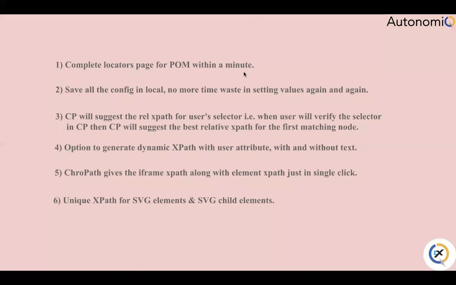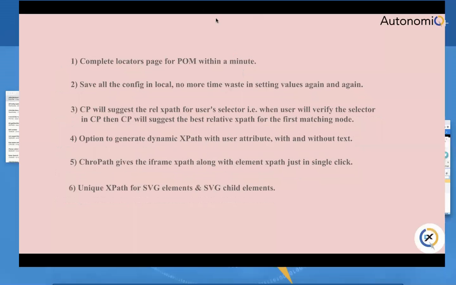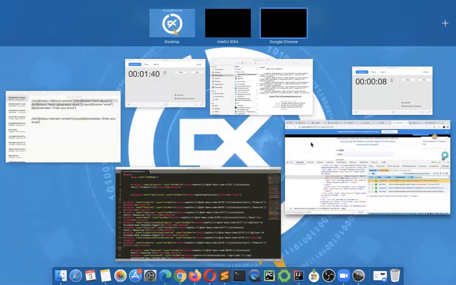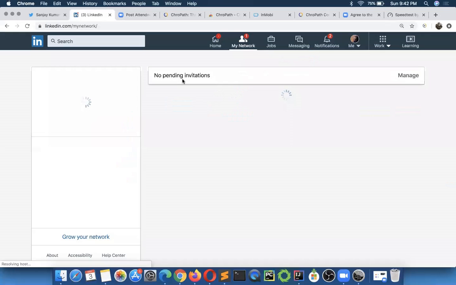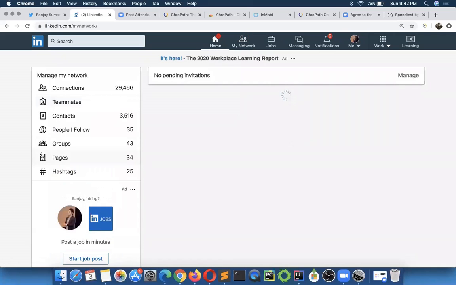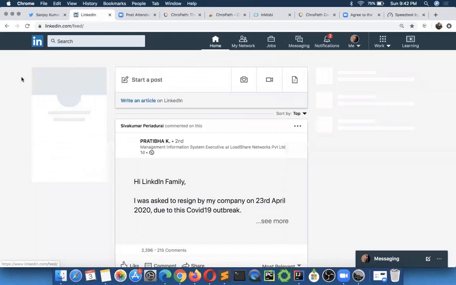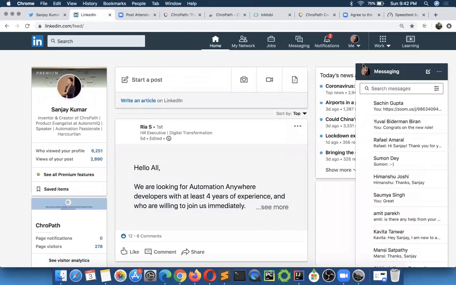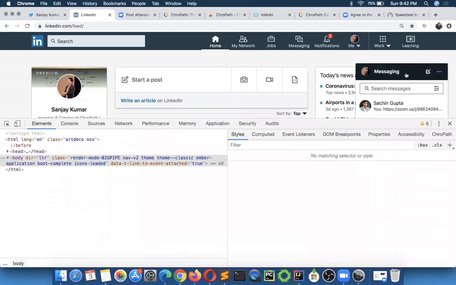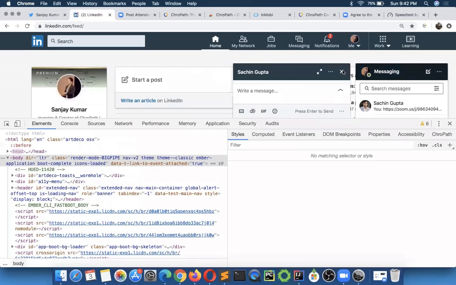ProPath also generates the XPath for SVG elements and SVG child elements. I'm not sure if you have ever noticed that even Chrome DevTools doesn't generate a unique XPath for SVG elements.